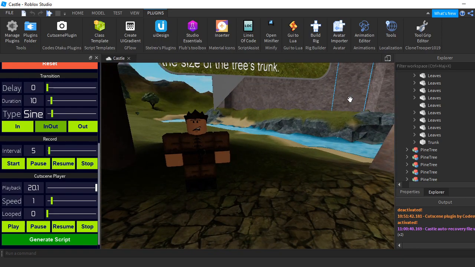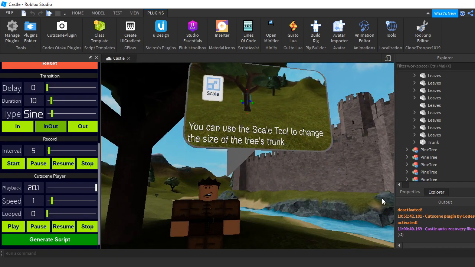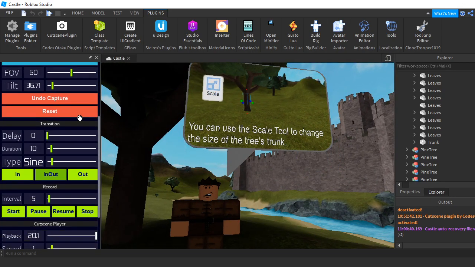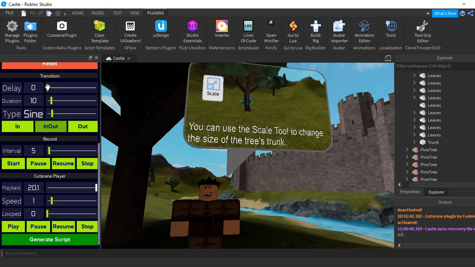Let's do something like this, and then capture the camera position, and let's add some delay so the camera will stop here. You can use the scale tool to change the size. Let's go with delay 5, right? And then for duration, I'll just go with 2 or 3. Let's actually go with 3. Okay, type, let's go with something else like exponential. Okay, let's make sure that it is set to in out,